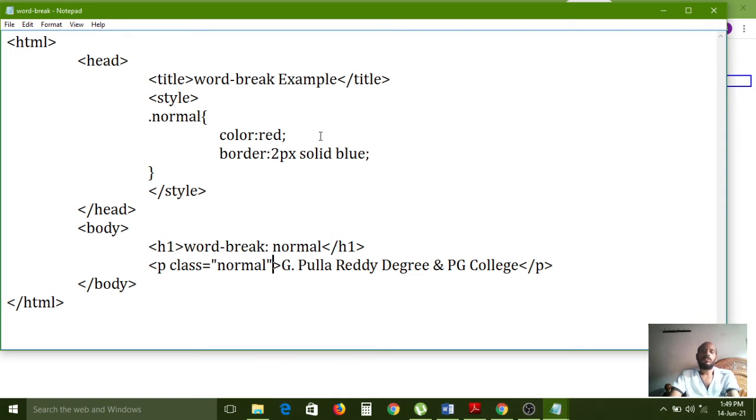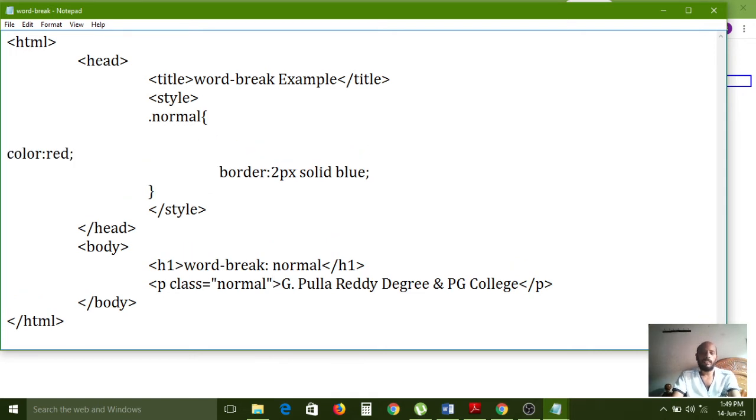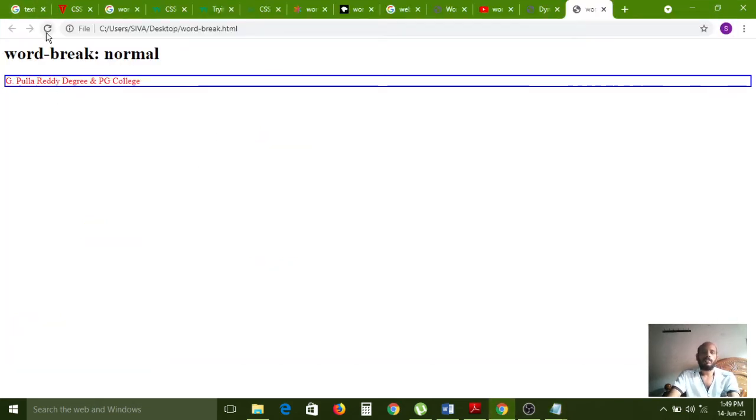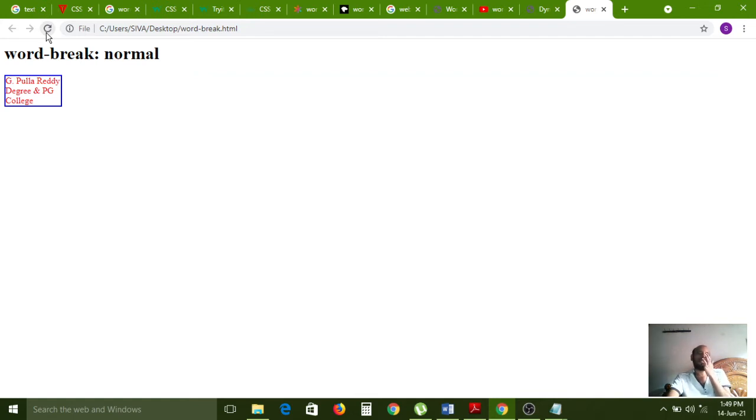Now the width property I also want to use. Width 100. Now I am refreshing the page. Carefully observe here: G Pullareddy degree and PG college.